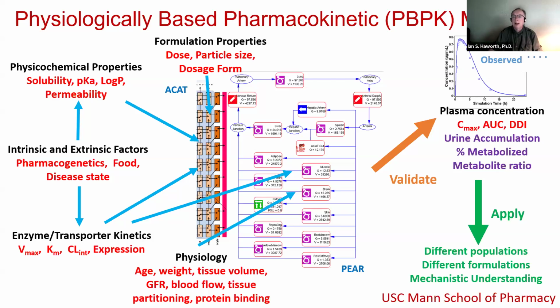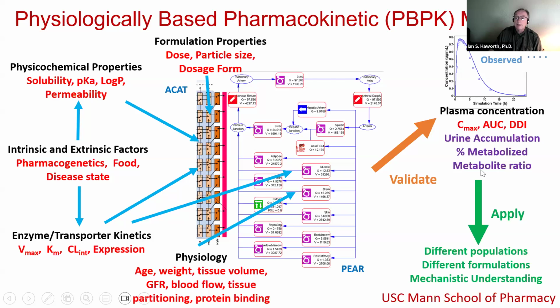Can you reproduce that? So this will be percent metabolized out of the total dose, or if you have multiple enzymes, the ratio of the metabolism by the different enzymes, and there are other things as well. So the message here is, yes, fit the plasma concentration time curve, but be careful because you can fit that curve very well, and you may find out, as I'll show you for one example, that your model is really not correct, even though your curve fits well.